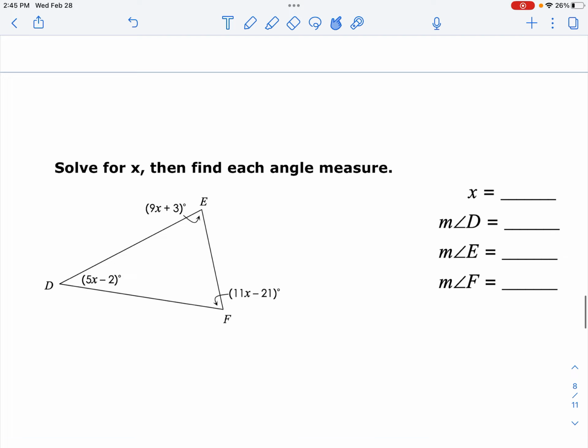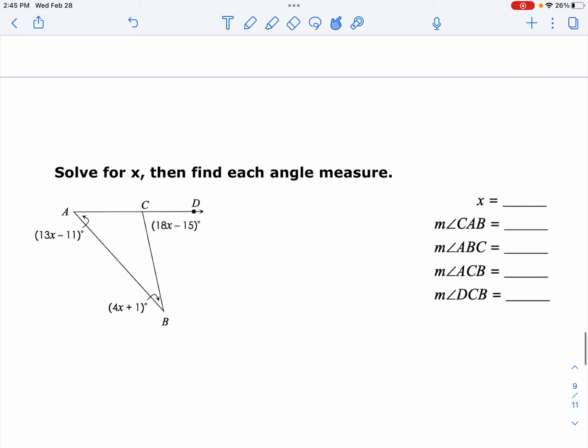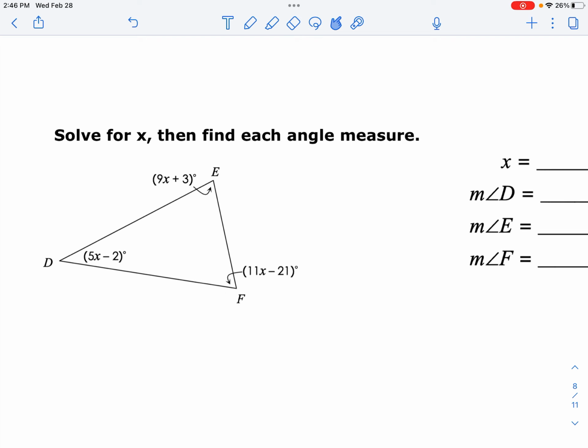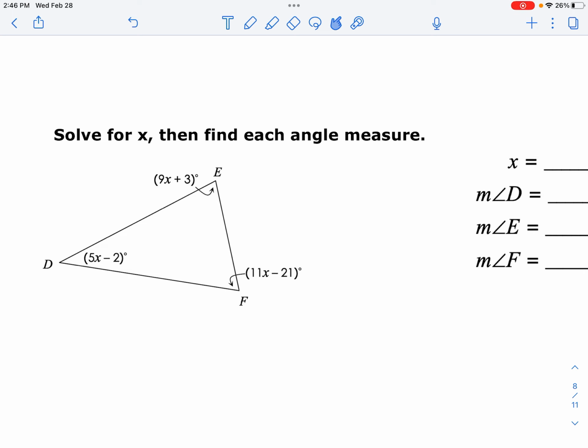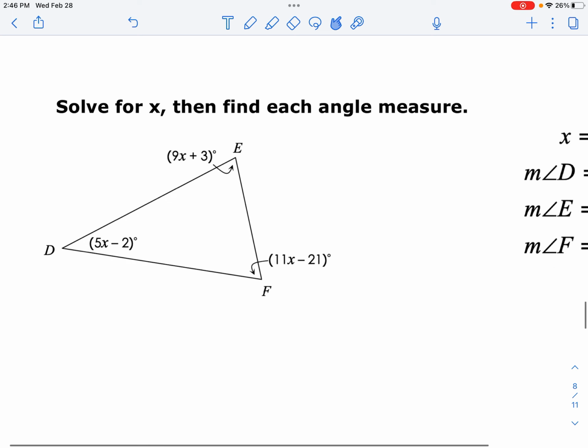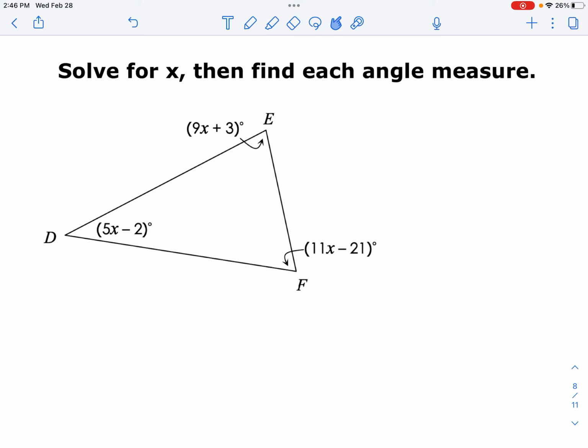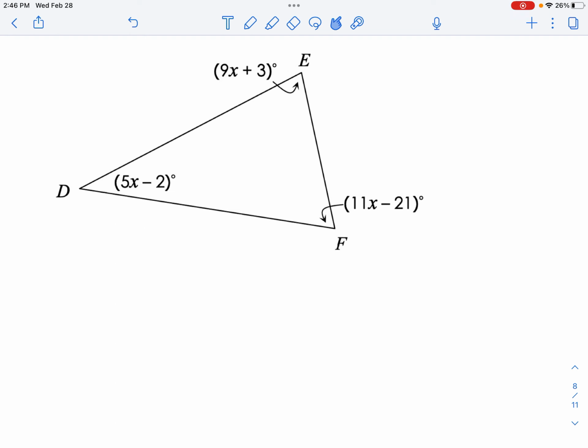All right, we're going to do a couple, one with the triangle sum theorem and one with exterior angles, and this time using a little bit of algebra. All right, so solve for x, find the measure of each angle. So I don't know what x is, but I do know that the 3 angles have to add up to 180. So in this picture here, I want to just really add all of these angles up, D, E, and F, and set it equal to 180. So I'm going to write that